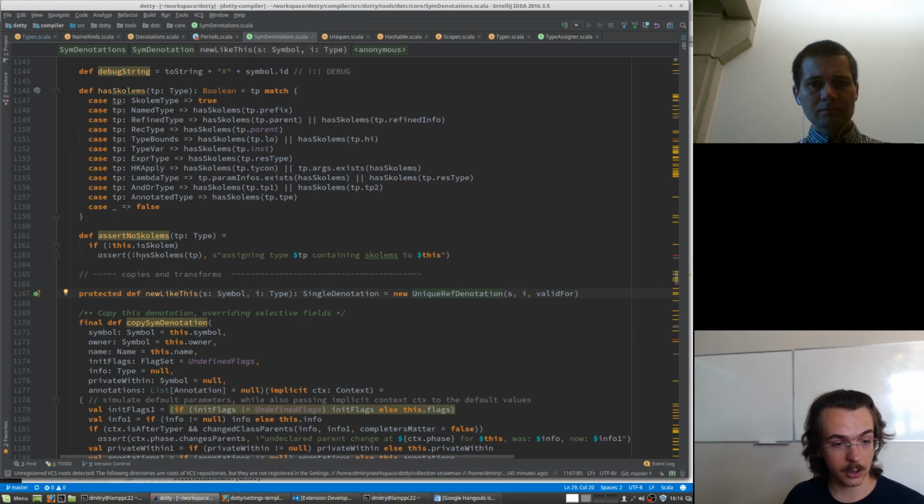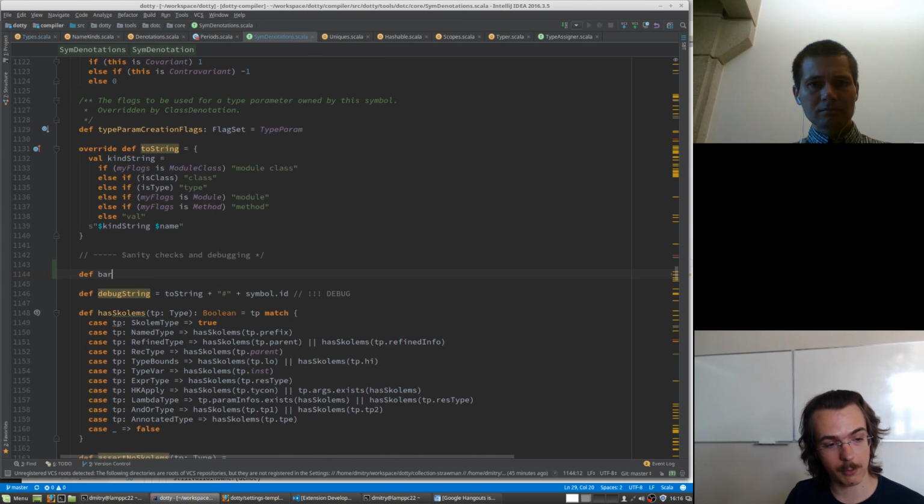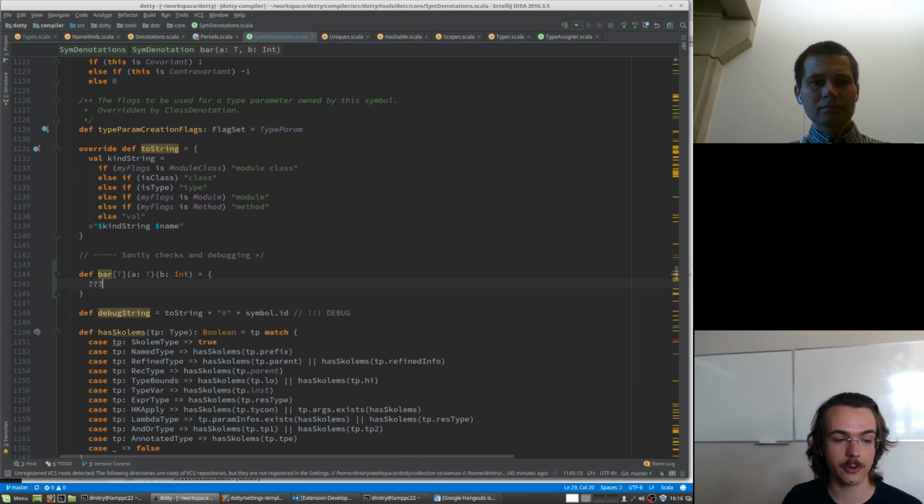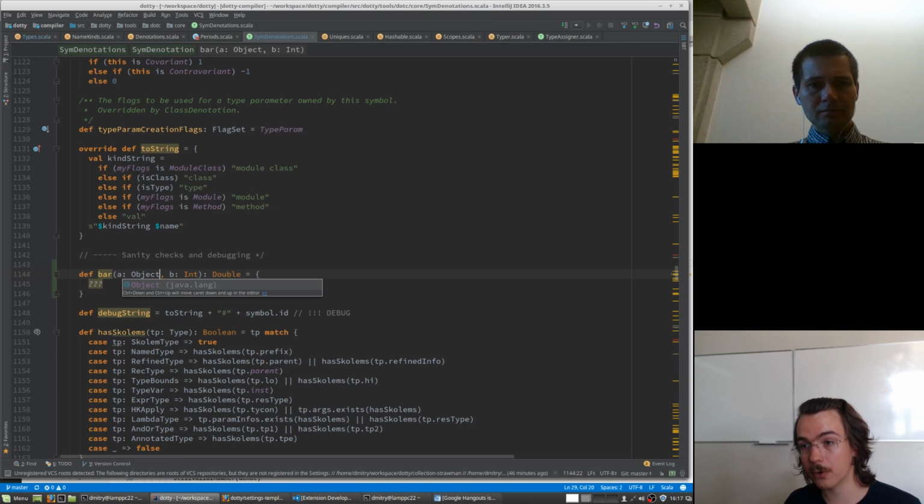For example, let's take a method bar, which takes a T as a type parameter and has two argument lists. So before erasure, this method bar will look like it's a poly type which returns a method type which takes a single argument, which returns a method type, which takes an int, which returns the right hand side, which let's say will be double. The same method, when we approach erasure, would first be uncurried, so it won't have multiple arguments, and then it will stop being polymorphic. So though you're referring to the same method, you're referring to the same name, it means different stuff,